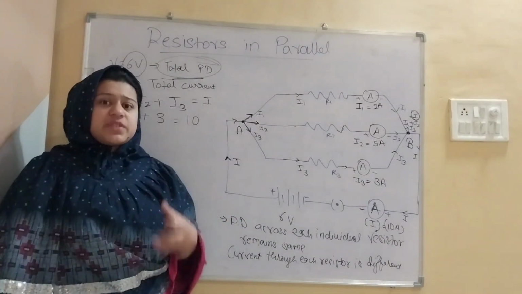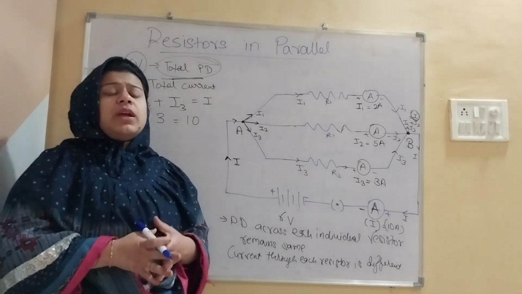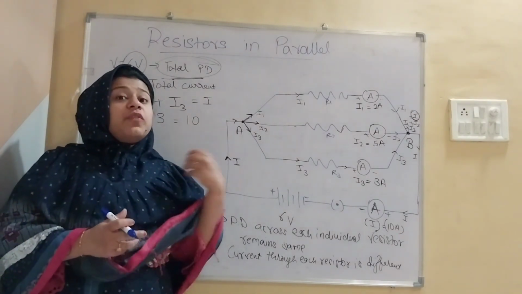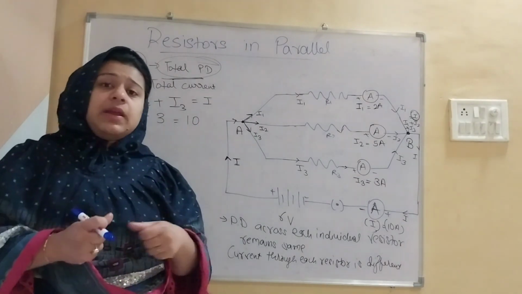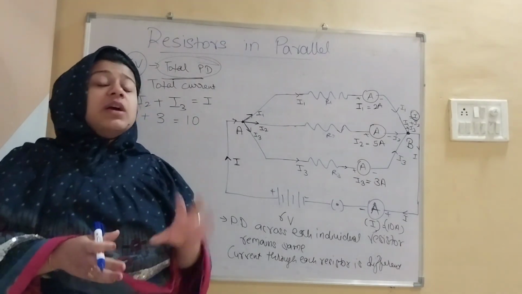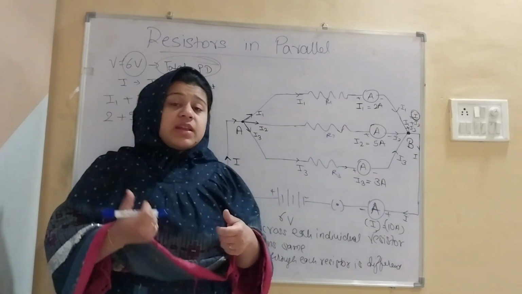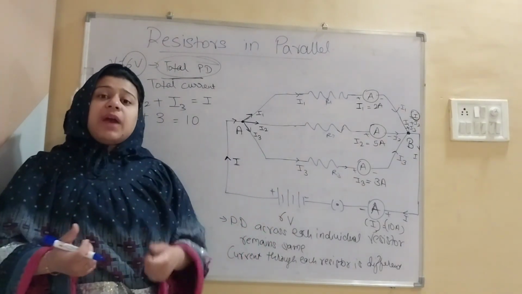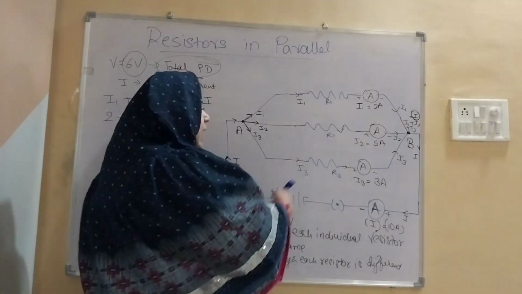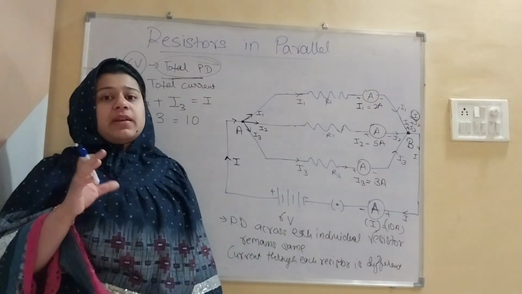ठीक है, सो व्हाइल सॉल्विंग द कॉम्बिनेशन ऑफ रेजिस्टर्स, जब भी हम कॉम्बिनेशन ऑफ रेजिस्टर्स पे प्रॉब्लम्स करते हैं, न्यूमेरिकल्स करते हैं, then कभी-कभी क्या होता है, it is very difficult for us to find out which of the combination is in series and which of the combination is in parallel. हमें ये समझ में नहीं आता कि कौन सा रेजिस्टर का कॉम्बिनेशन इसमें से सीरीज में है और कौन सा पैरेलल में है। तो इन दैट केस हम करंट की हेल्प लेते हैं टू फाइंड आउट which of them are in series and which of them are in parallel।